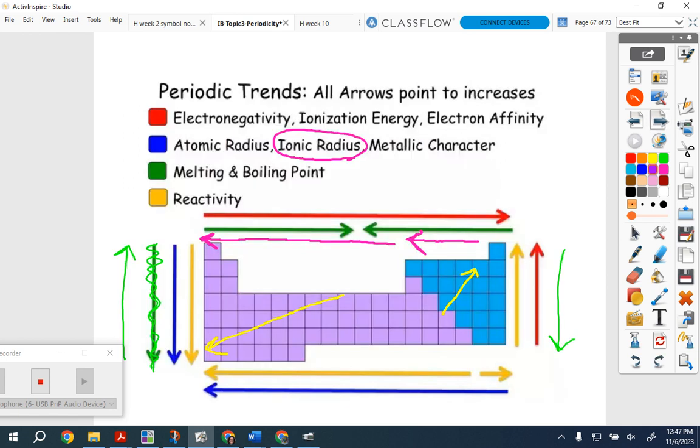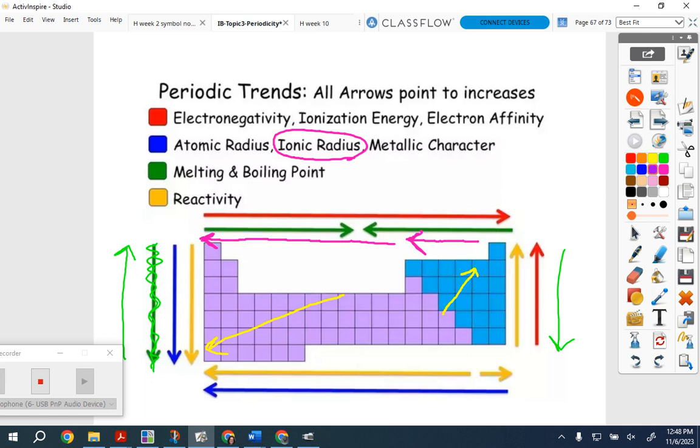I'm going to post these slides. It's going to include this slide here, which is one way of representing on your blank periodic table the trends that we've been talking about. This one has all arrows pointing in the direction of an increase, versus all arrows pointing in the same direction and then describing whether it's increasing or decreasing. There are many ways to do this. I just wanted to point out that I've got arrows going across, arrows going up or down. I have a couple spots where my arrow, for example ionic radius, gets smaller within the anions, it also gets smaller within the cations, and there's a jump, so you want to make sure that you are